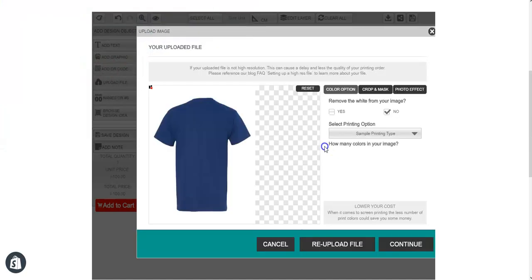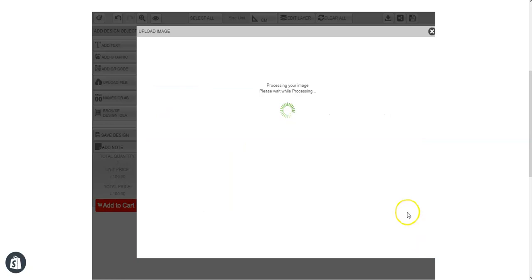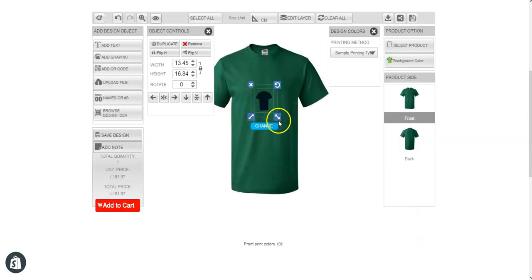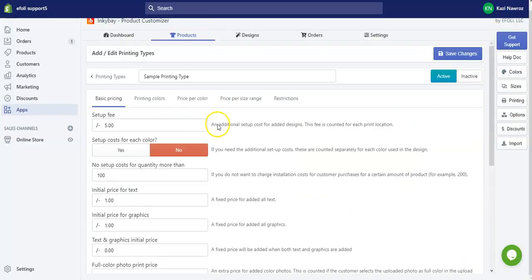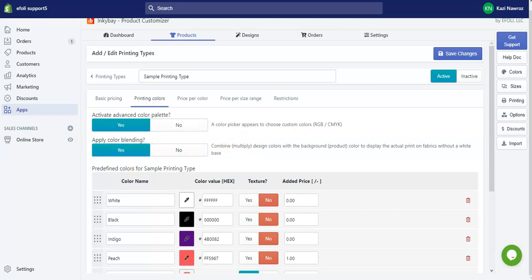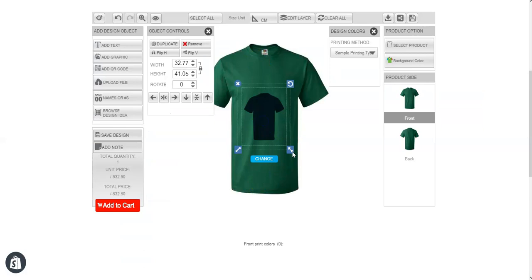For example, we uploaded this image. As you can see, the image has been uploaded, and as I said before, for the printing colors, apply color blending, this portion, as you have asked before. So if you can see, the image is somewhat transparent.